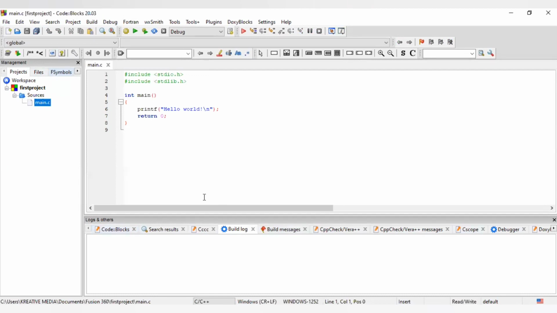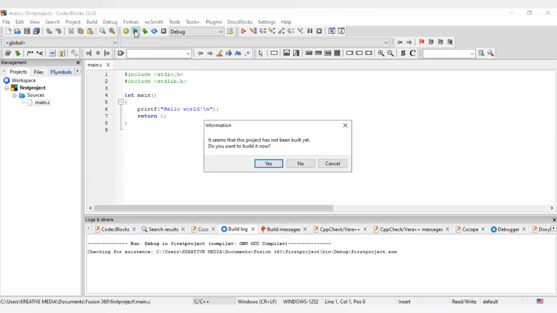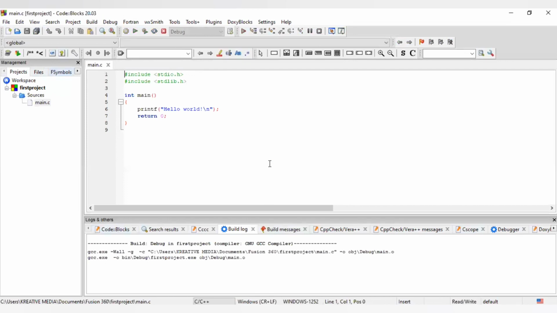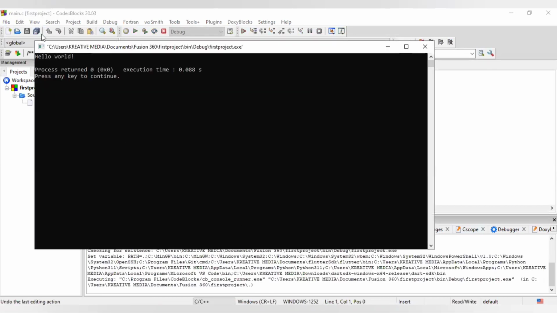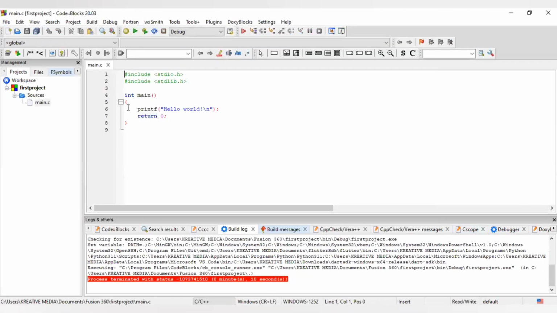If you want to run your code, simply move to this section where there is a green button and click run. When you run it, it asks to build this project. So let's build the project, click yes. And then after that, we'll have in our CMD, hello world. Hello world is what has been printed. And this is coming from what we are telling the compiler